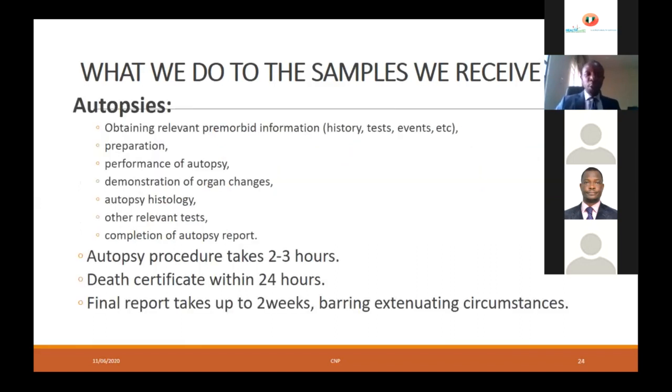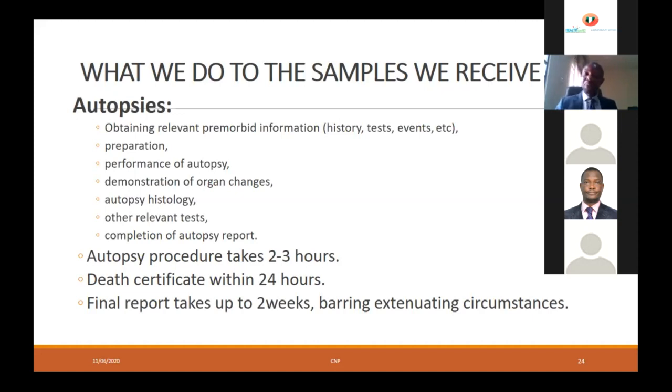But for autopsy, I think I need to mention that autopsies are of two types. There can be coroner's autopsies, there can be hospital autopsies. Hospital autopsies are requested when the patient died under the care of a doctor, and the doctor wants to know why the patient died so that he will be able to use this knowledge to treat the next patient better. In a coroner's case, we want to know why the patient died, who killed the patient in some countries, what mode or portal of death did the patient die through, and how can this be prevented in the future. Autopsies will usually take 2 to 3 hours.